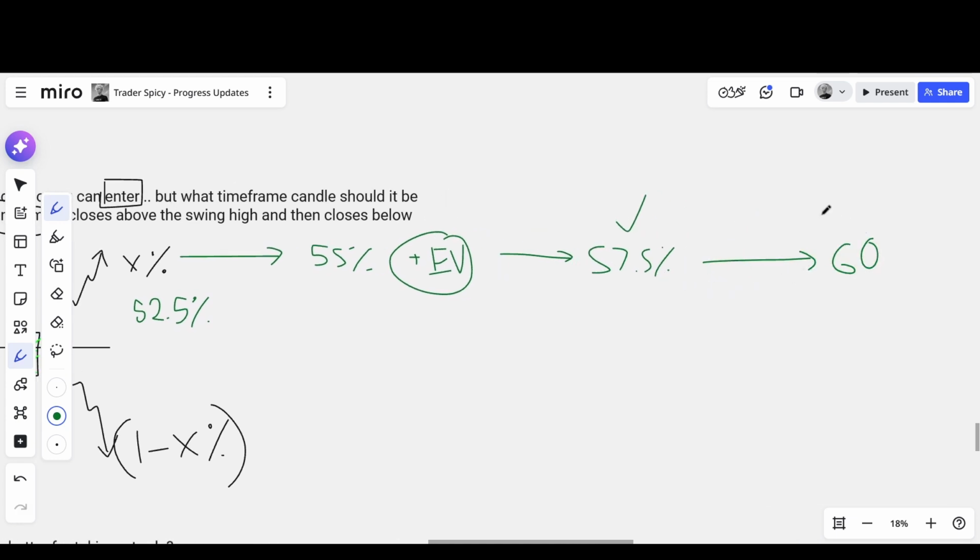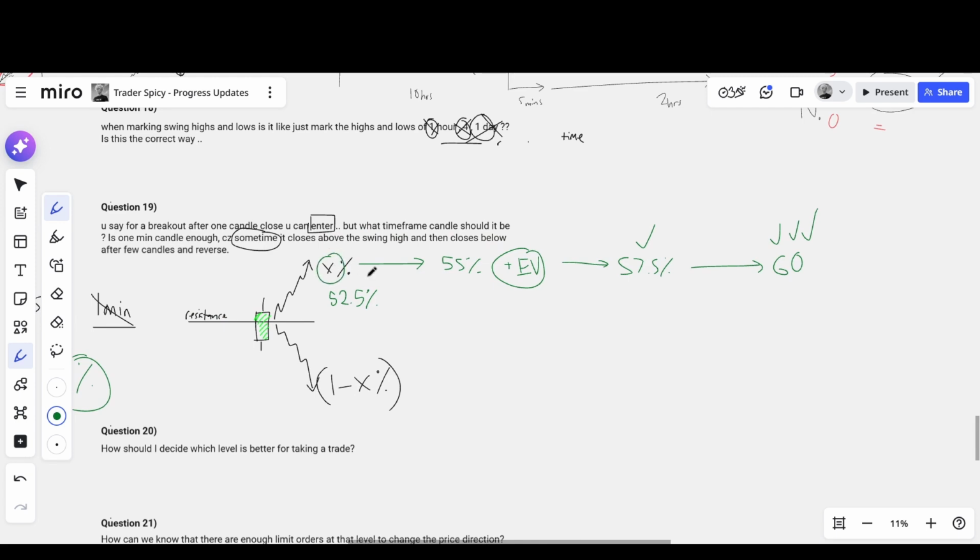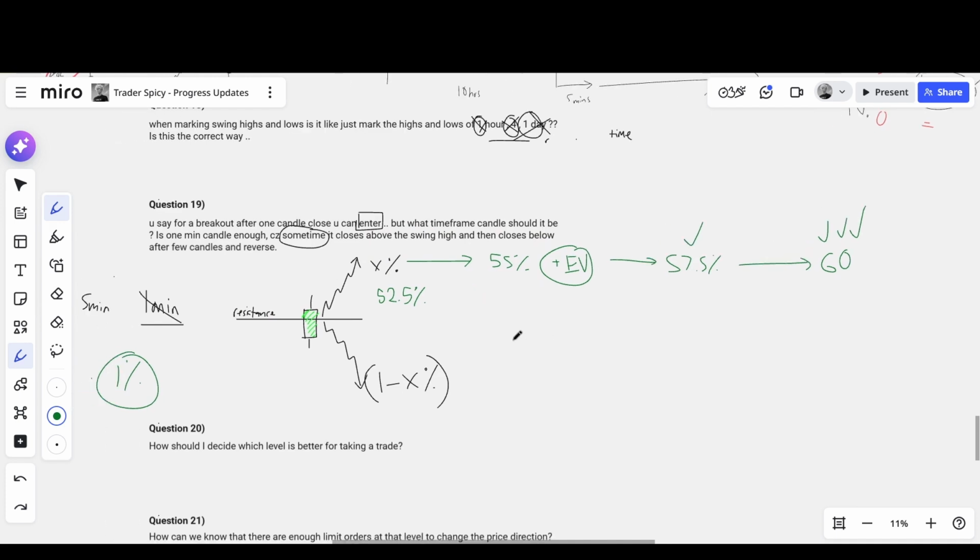And at 60%, this is really, really good edge. How big this number actually has to be, it doesn't have to be 90 or 95 or 80. It doesn't have to be some huge number. Even something small like this is a big deal. Really big deal. So that's the first thing: try to actually attach a number to this.